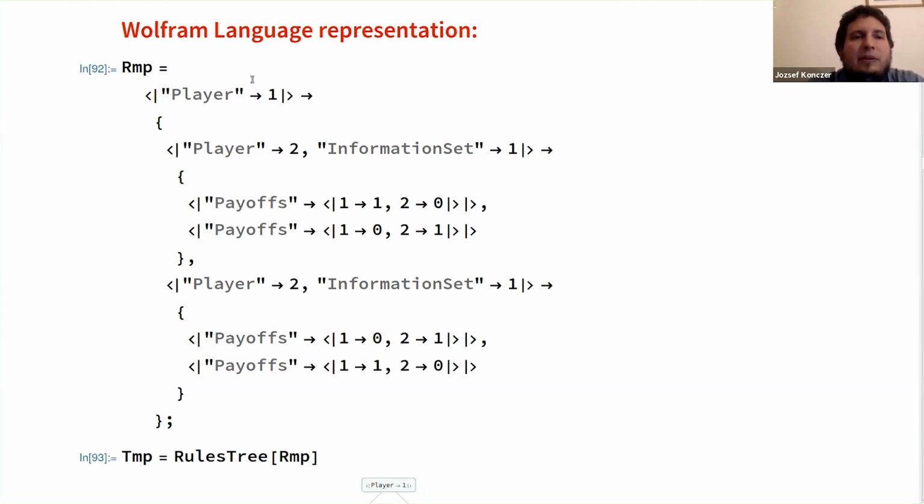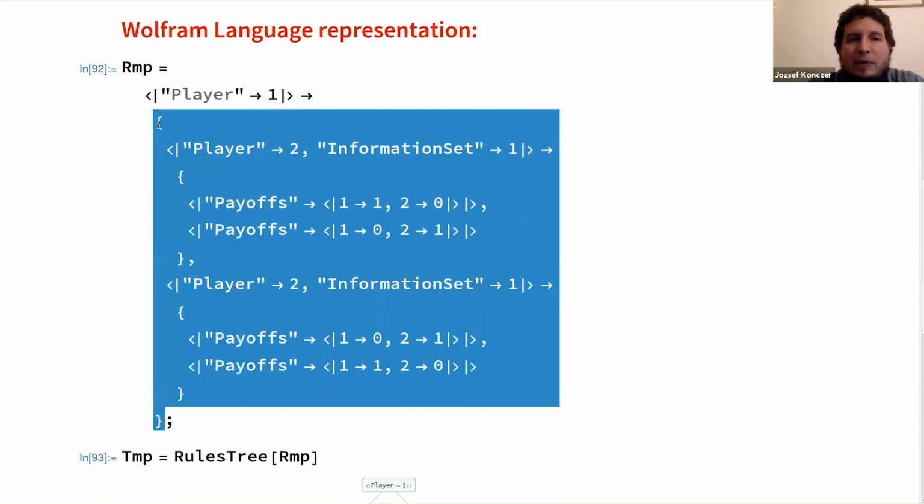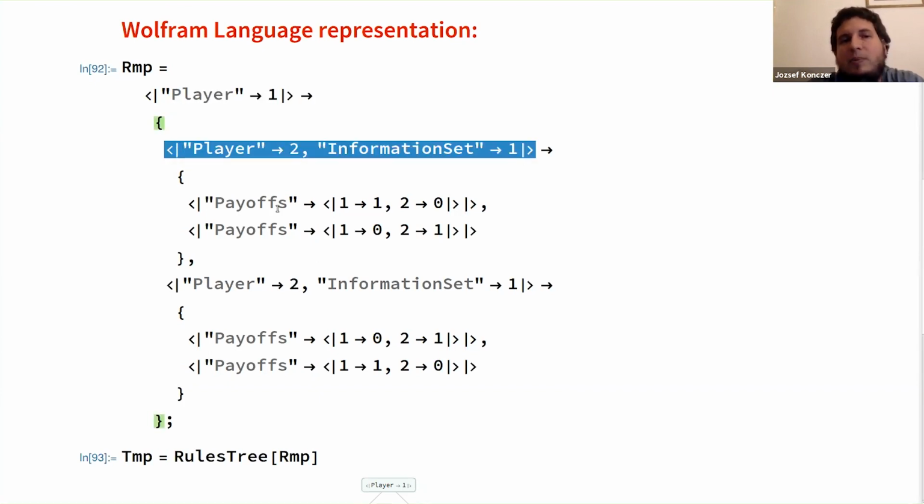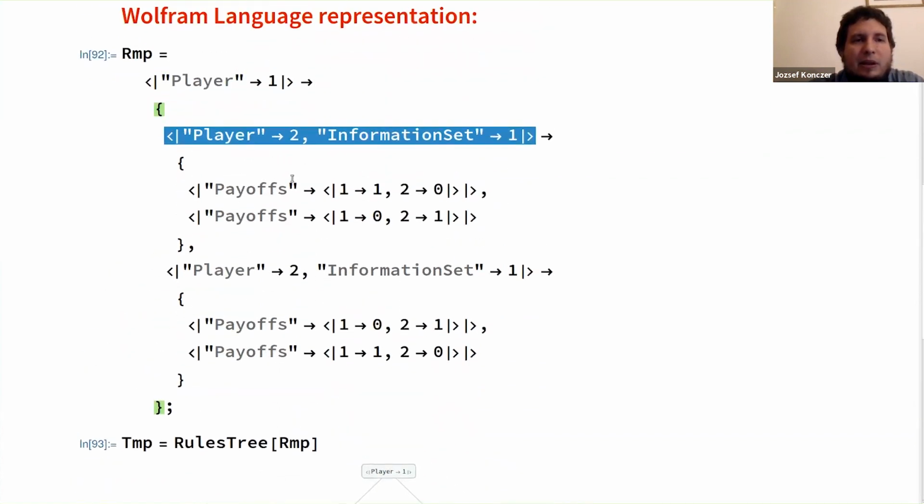So here there is an association where we give a player index, and then there is a rule to a list which has 2 members, and every member contains again an association which has a player label and also an information set label, and then they go to another 2-member list which contains 2 leaves, which contain only an association with the payoff key. Okay, and so we can run this,